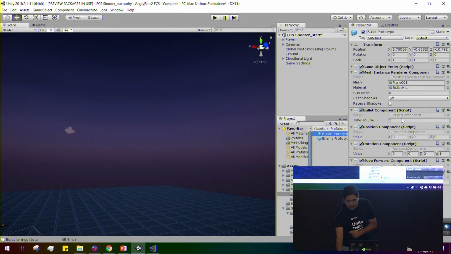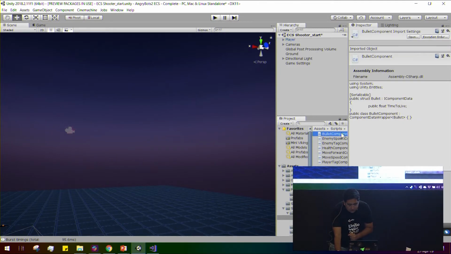Next, there are certain components that we have added. And if we look at the individual components here,